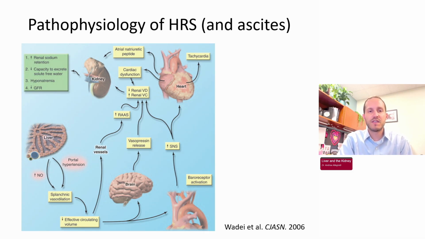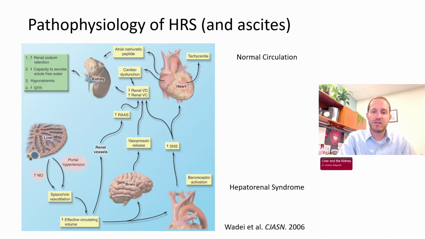And when we think of cirrhosis, specifically decompensated cirrhosis, as a high cardiac output state, the inability to mount that cardiac output is a key inflection point when you distinguish between that balanced patient who is still decompensated by the definition of cirrhosis, but maybe is ambulatory, as opposed to the admitted patient or the patient who's suffering an AKI or progressive renal dysfunction. Said another way, every patient with portal hypertension exists somewhere on the spectrum between normal circulation and hepatorenal syndrome, which is a line we draw in the sand to define as a syndrome.